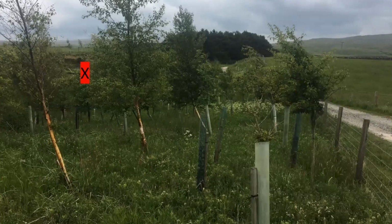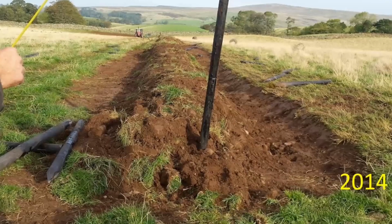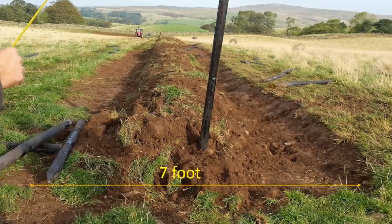And then this was our hedge. So if you picture this field, all this had before was just a plain post and wire fence down the middle. And we put the hedge on a sod kest, 7 foot wide. And this is where I quite often tell the story, but I had a breakdown when we did this, because